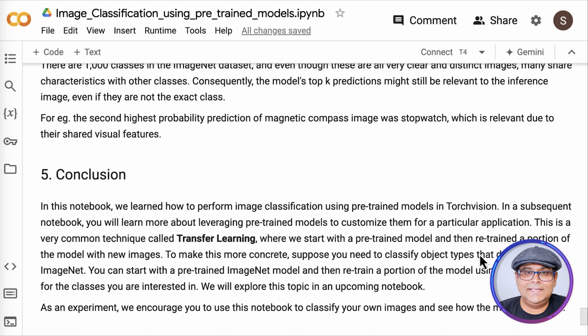Yeah, so that is it. So we learned how to use a pre-trained model that has been trained by somebody else, load it into PyTorch, load the image, and do a forward pass on the image. And then we get the output, and we can display the output on the image itself. So that's all for this